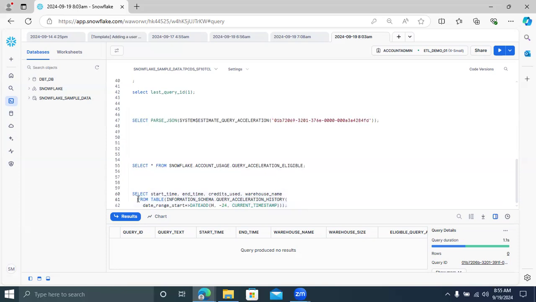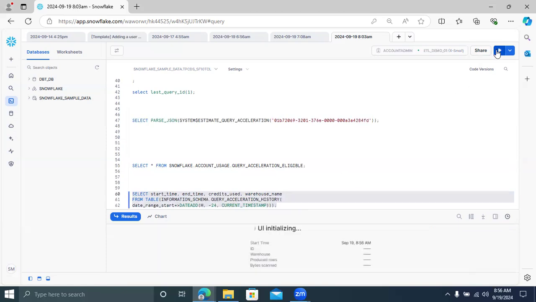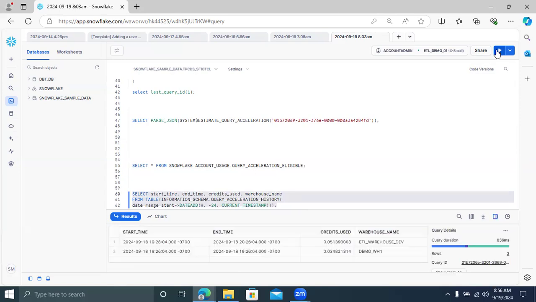Just trim those spaces, guys, otherwise it'll throw an error for you. Now you can see, right?